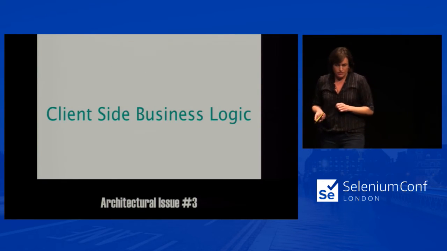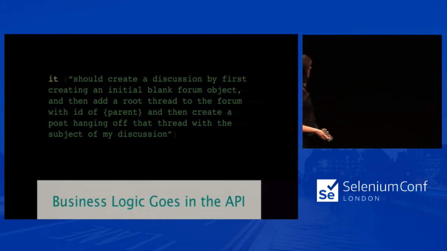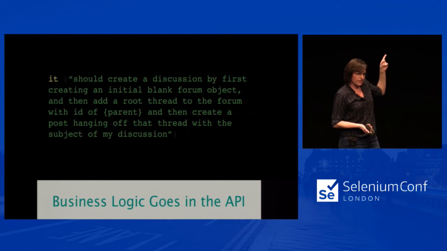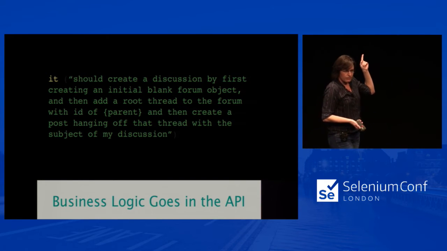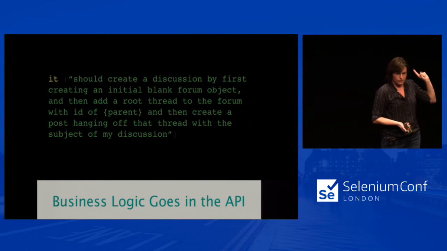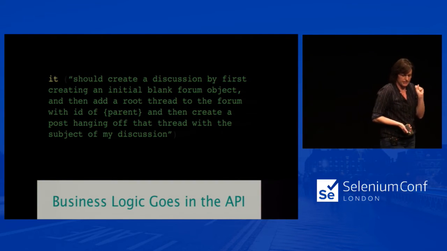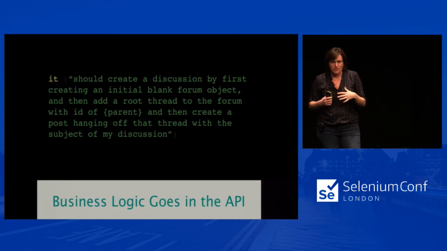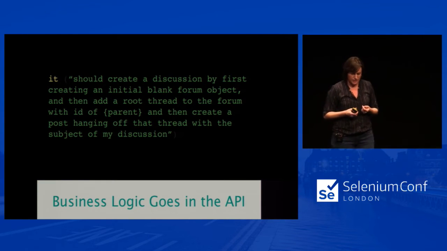So for this one, we're calling it client-side business logic. Here you're taking a look at a unit test case, and this is the unit test for how to create a discussion board. If you look here, this is a giant amount of weird logic that we want to use just when a user pushes a button to create a discussion board. I firmly believe that the bulk of client-side code should be around how to display the data being retrieved from the API and help the user interact with it.